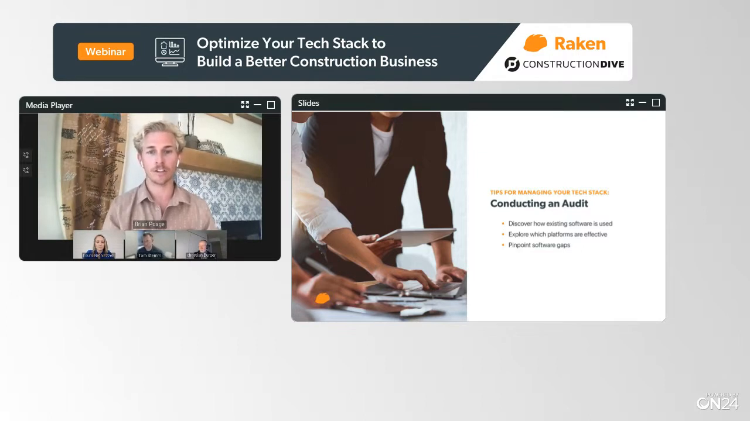Important questions are, is the software being used on all of our projects? Is it being used effectively? Can its positive business impacts even be quantified? And so getting those answers will help you establish a benchmark of how we're using the software today. And from there, you can determine